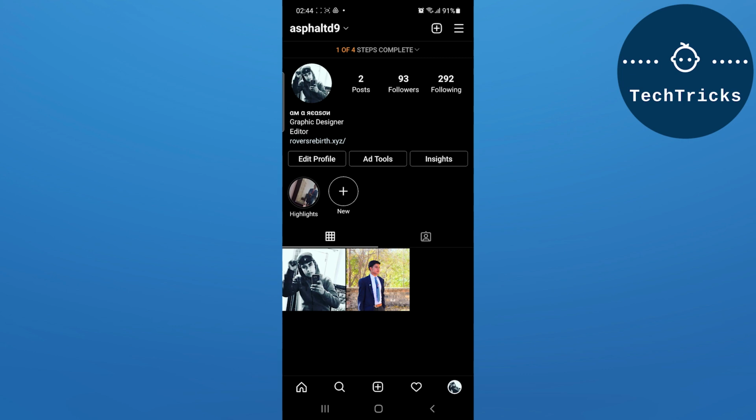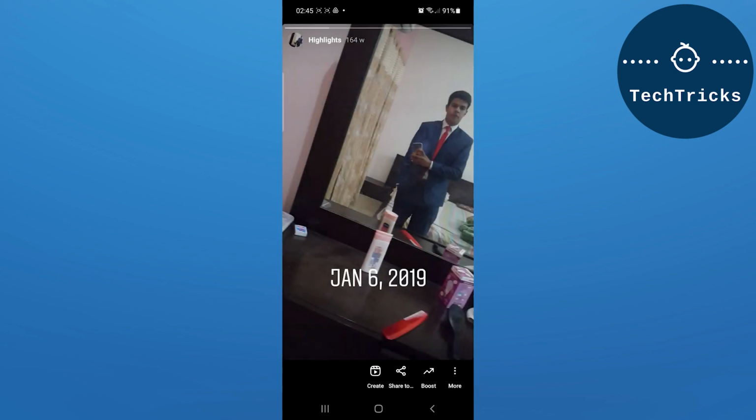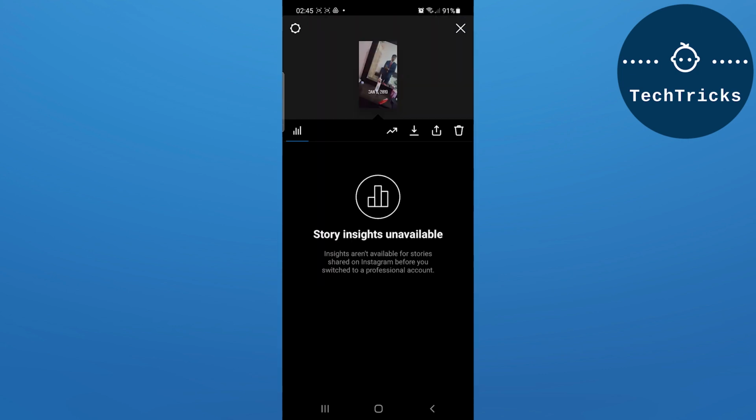Now if you have any story on your profile, you can click on the profile picture and you can see your story, or if you do not have any story right now, you can click on the highlights. So I'm going to show how to view your viewers through the highlight. So I'm going to click on the highlight and then scroll up, and as I scroll up I will have